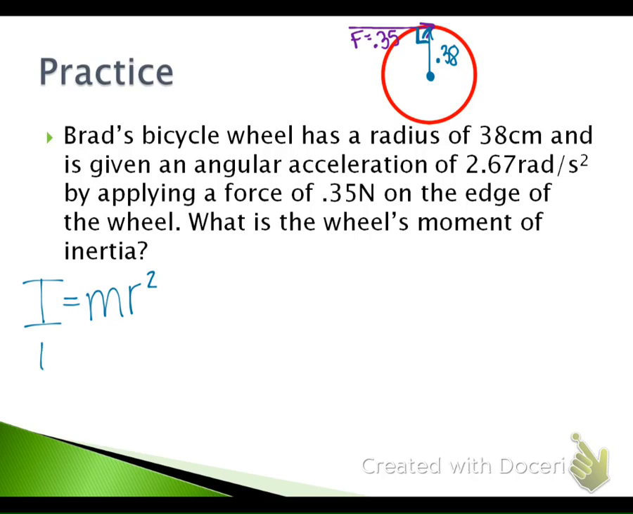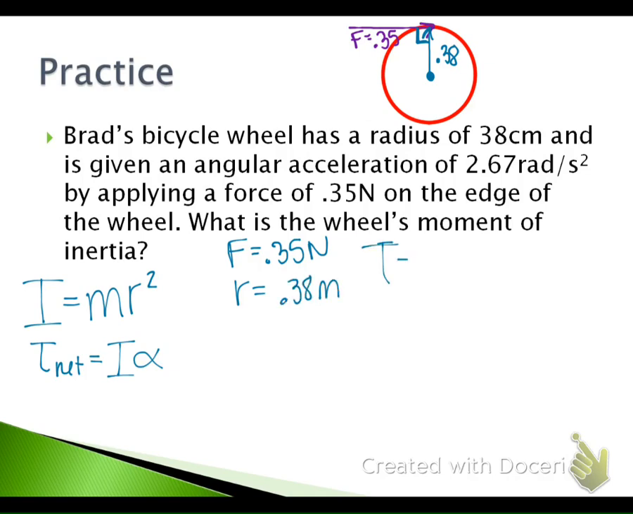The equation we just learned says that net torque is equal to moment of inertia times angular acceleration. Do we have all of those variables? We have everything we need at least to solve for those. We don't have torque, it wasn't given to us, but we have both a force and a radius that we can use to solve for that. So let's go ahead and do that first. Our force is equal to 0.35 newtons. Our radius is equal to 0.38 meters, which means our net torque here would be